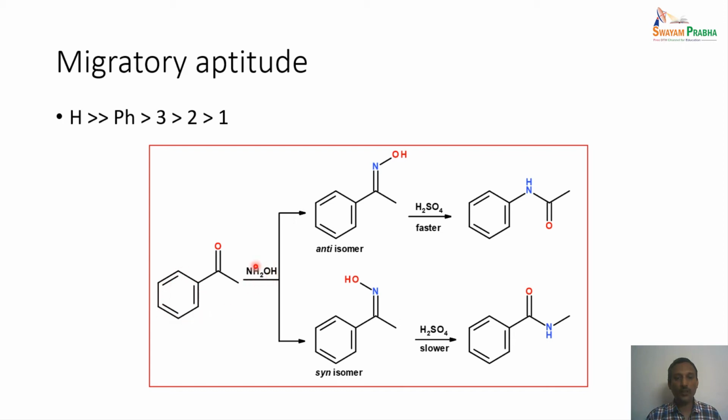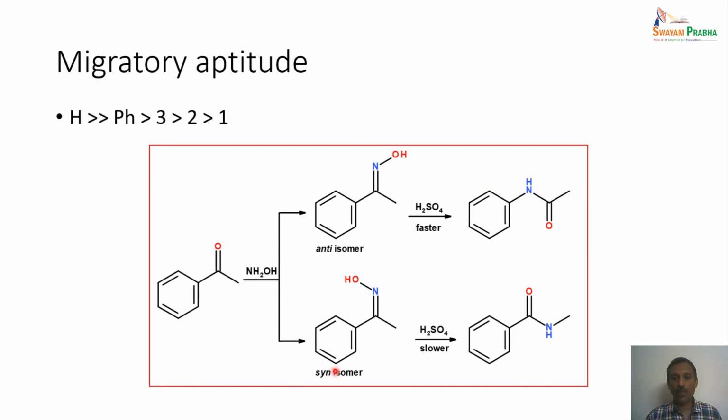So when we treat this with hydroxylamine to form the oximes, we end up with two types of ketoximes. One is the anti-isomer with respect to the aromatic ring. So this aromatic ring and the OH are in the anti orientation. So this undergoes Beckmann rearrangement in the presence of sulfuric acid at a much faster rate to give the corresponding